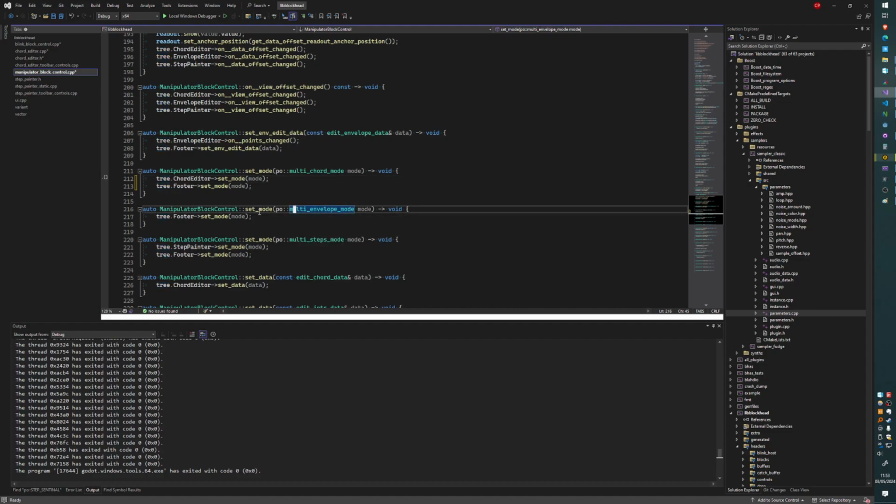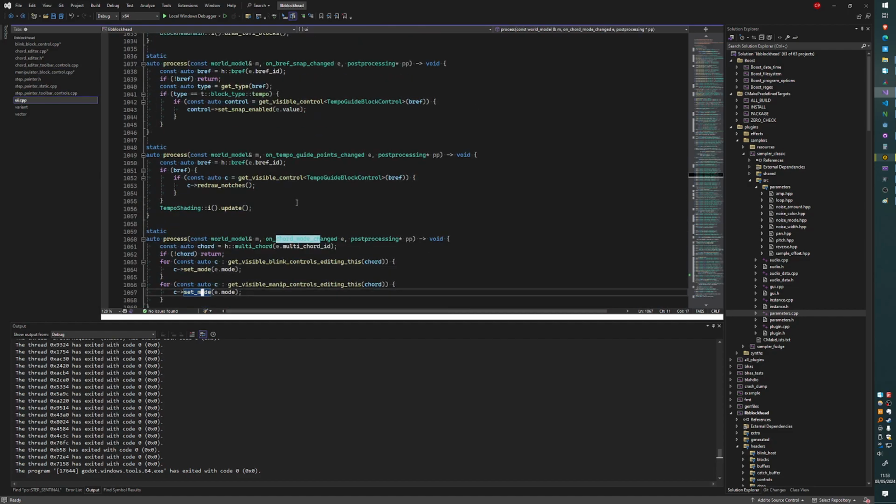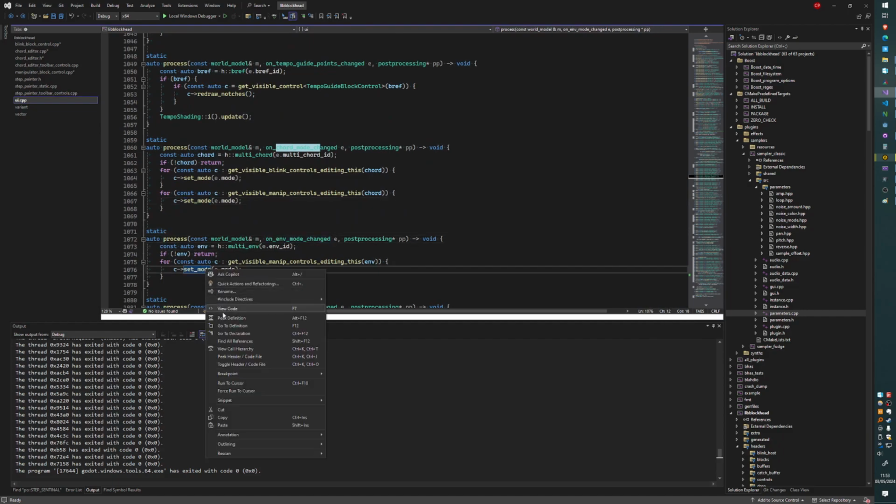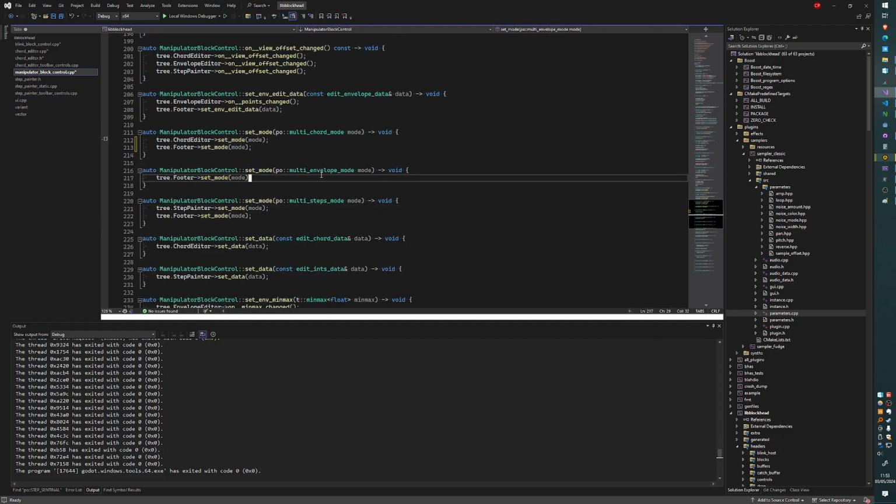Oh, I haven't tested the... I guess the envelope edge is going to have the same problem then. Let's have a look when the env mode changes. Exactly. Okay,